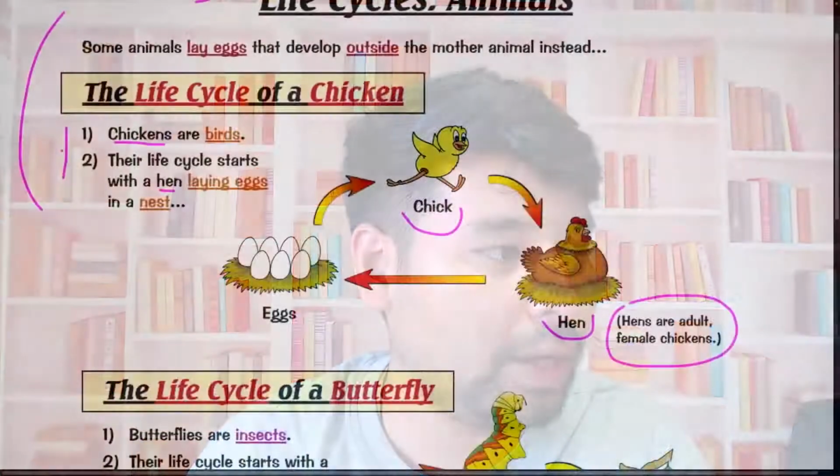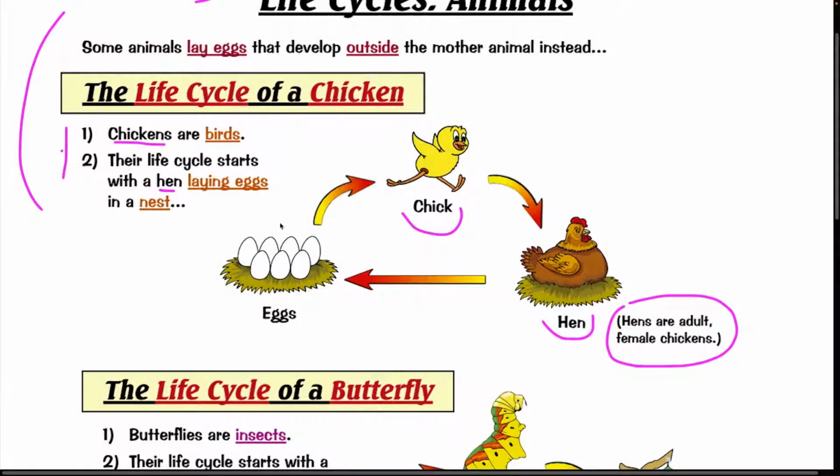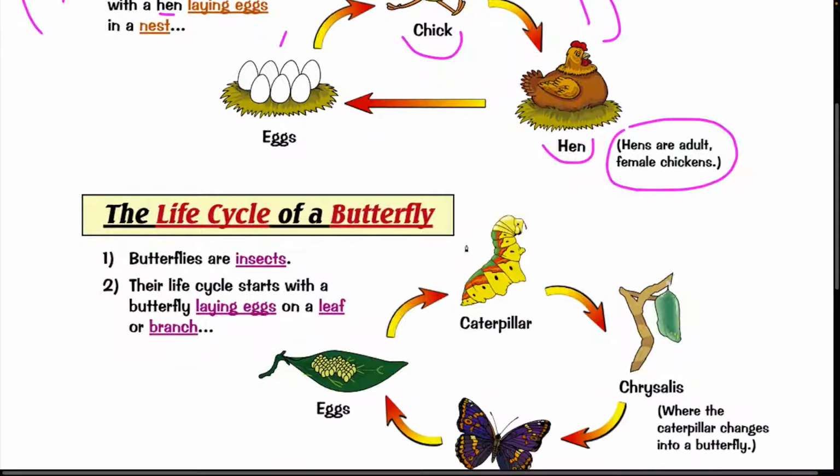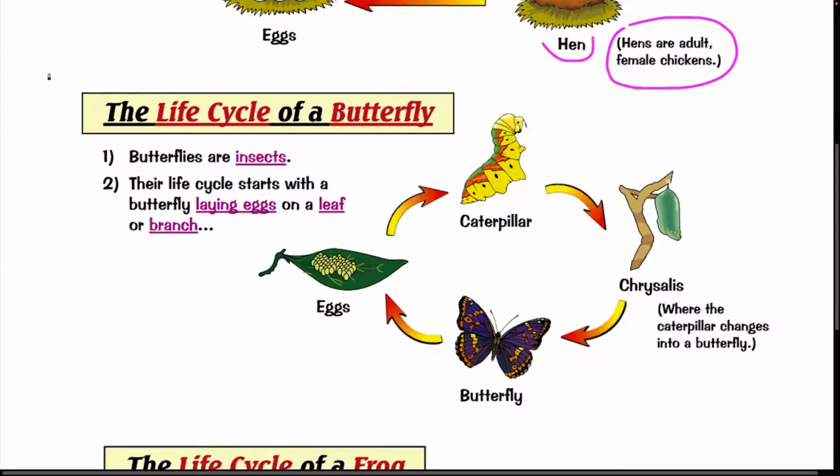And then, of course, let's analyze the cycle here, okay? So as you can follow, so this is the cycle. It begins with the eggs, and then it becomes a chick. Chick is the baby chicken, right? Okay, and then we finish in the hen, all right? So this is basically the life cycle of a chicken. And after that, it's the end of the life, right? Okay, so after that, we're gonna analyze the second example here, which is the life cycle of a butterfly, okay?